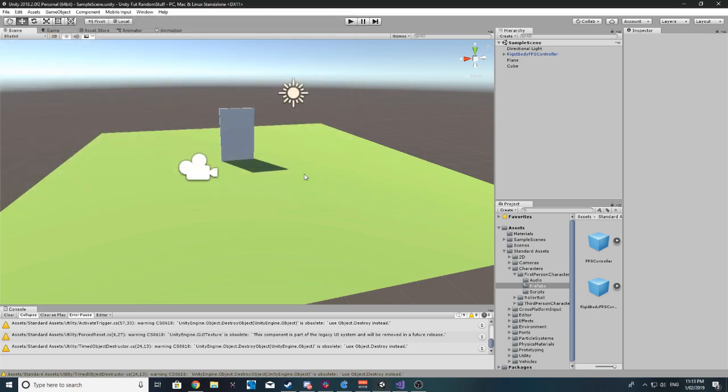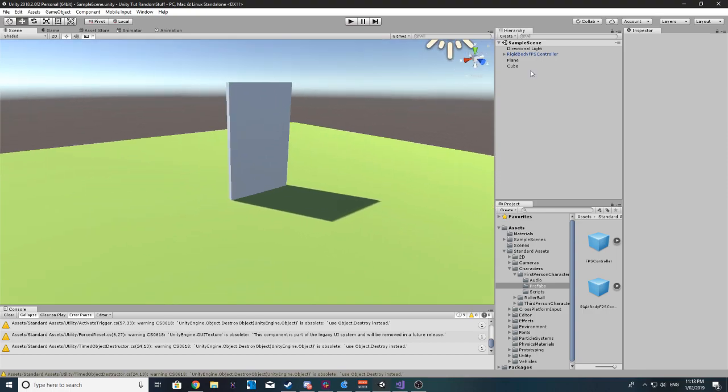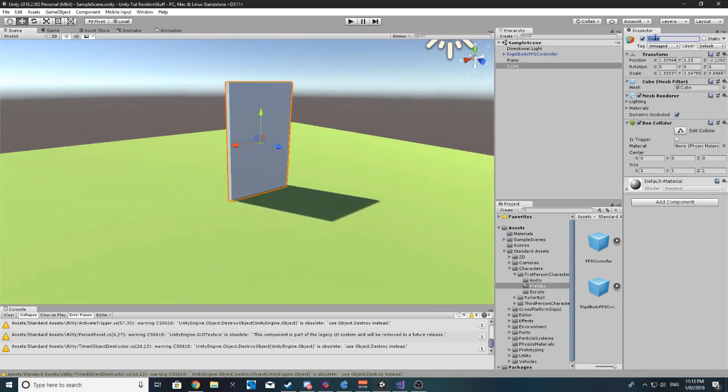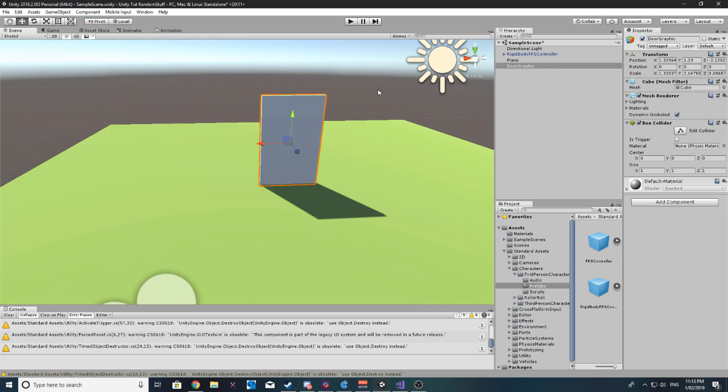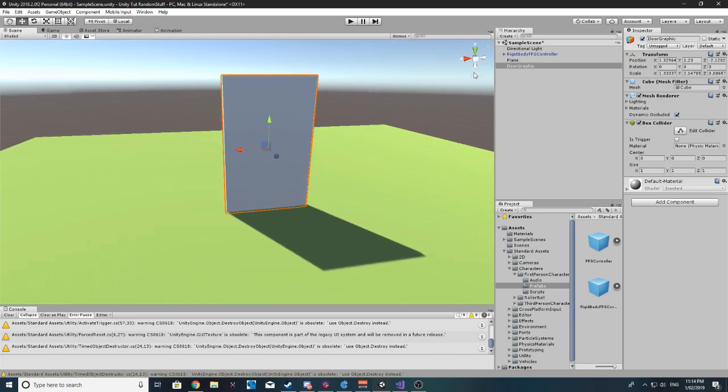No big deal here. Alright, so now I'm going to just call this door, and I'm gonna call it door graphic, because this is gonna be basically just our collider and our graphic. We don't really want it to be anything else. But before we do anything else, I'm gonna copy and paste rather. I'm just gonna call it frame,